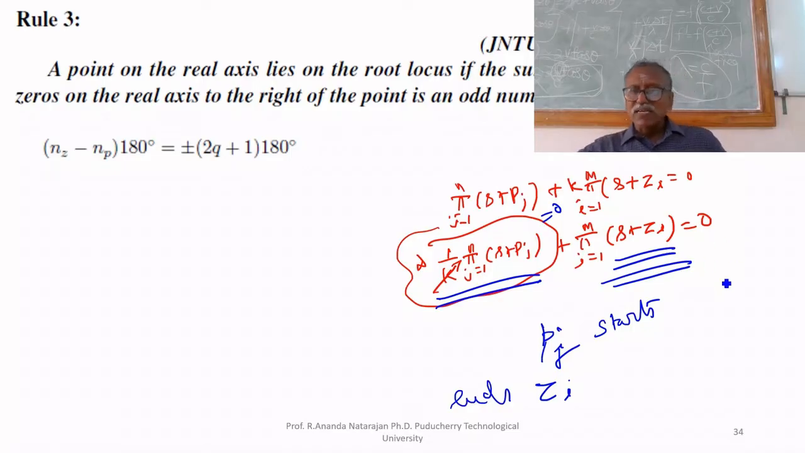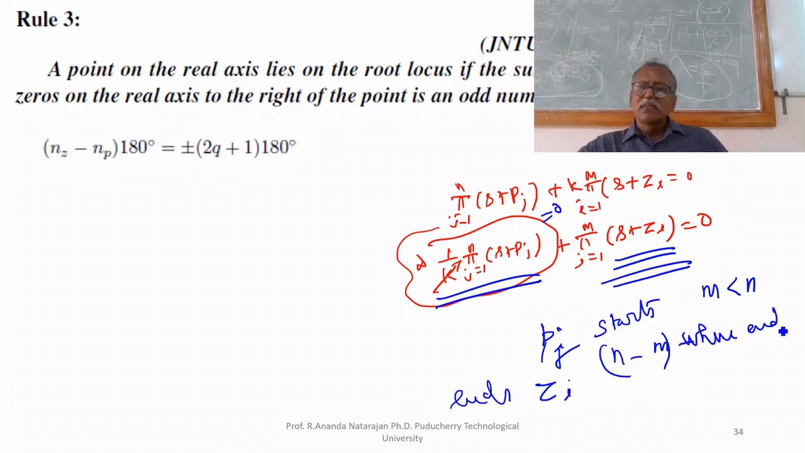But we know that m is always less than n. N is degree of denominator polynomial, m is degree of numerator polynomial. Therefore, for the remaining, how many root locus branches will not end at zeros? N minus m branches. Only m branches will end at zeros. Where will the N minus m branches end? Because out of n branches that start at open loop poles,